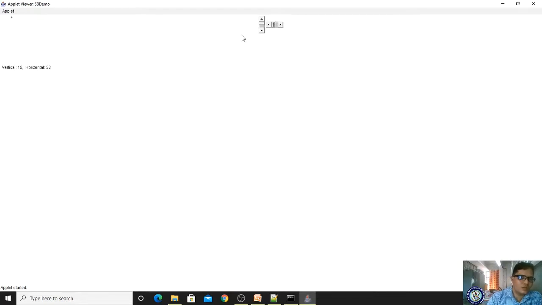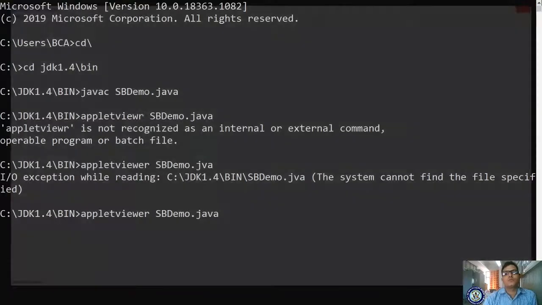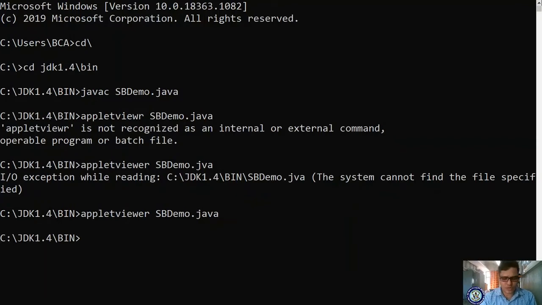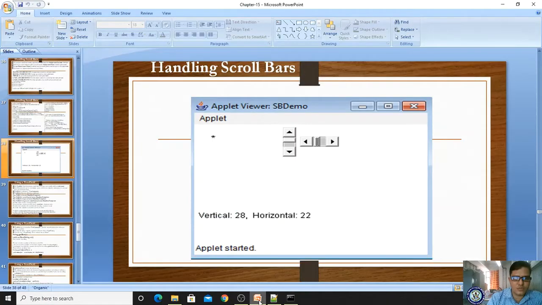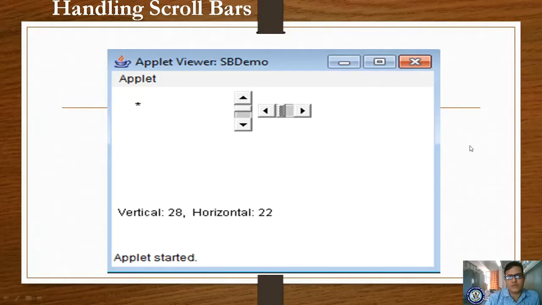If I drag here, whatever the dragging location, it is moving. Clear? So that is your program. By using this you can perform these kinds of operations in your Java applet programs.